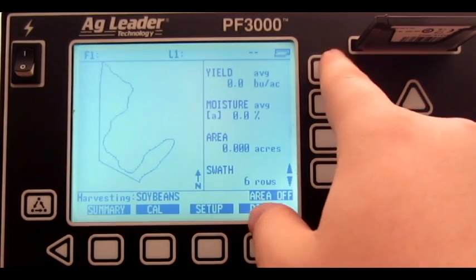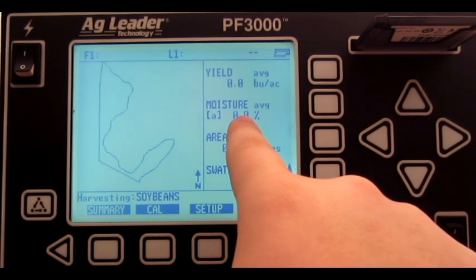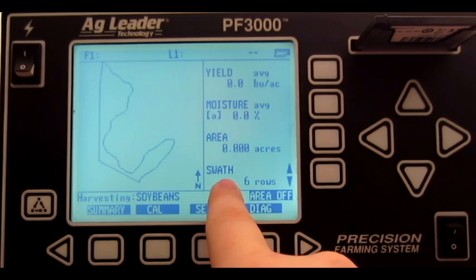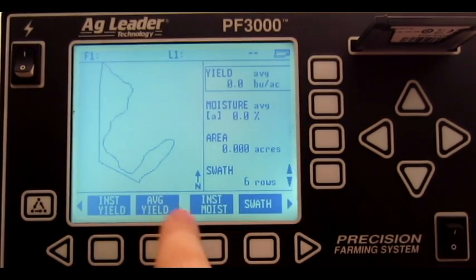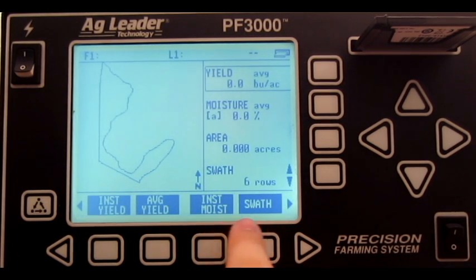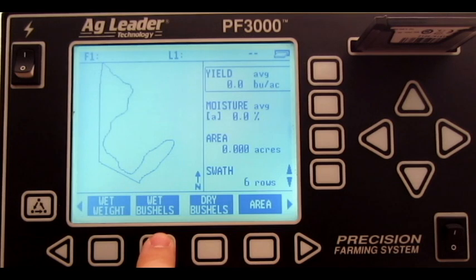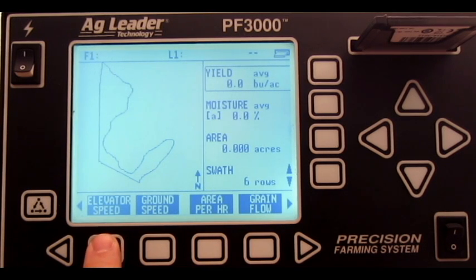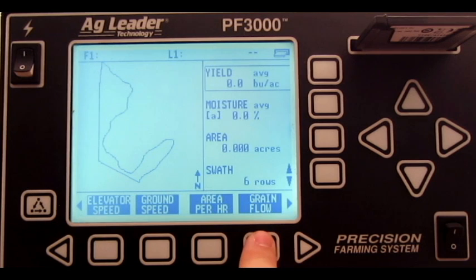We can also view instantaneous yield, average moisture, area, our swath width, average yield, instantaneous moisture, wet weight, wet bushels, dry bushels, area, elevator speed, ground speed, area per hour, grain flow,